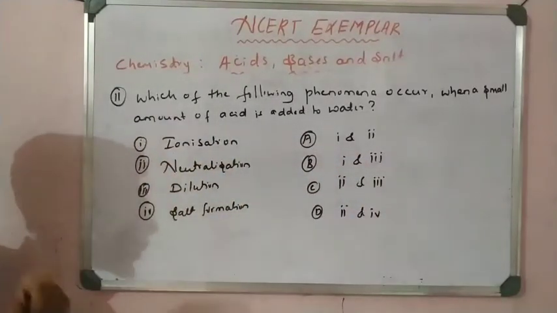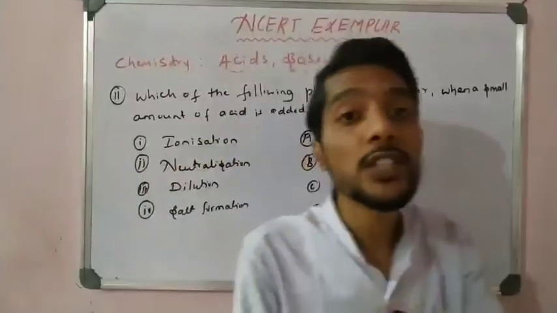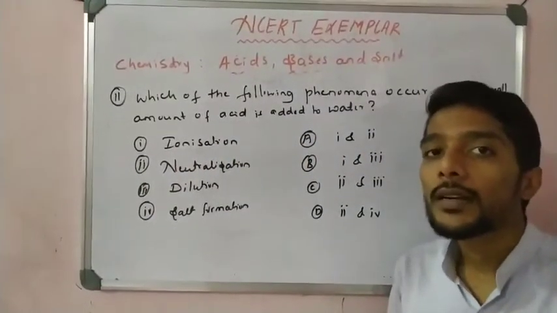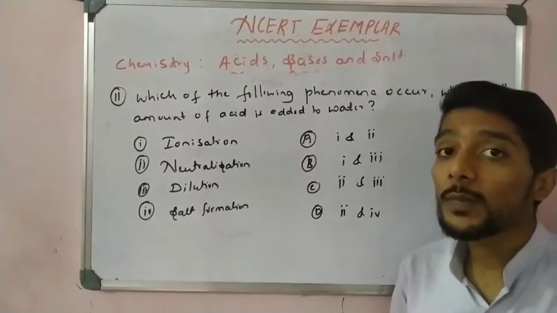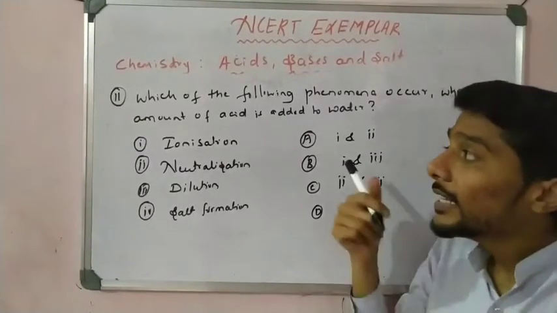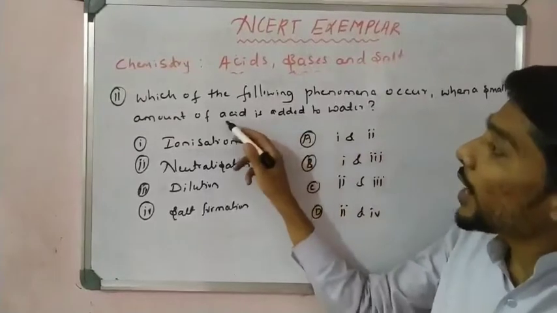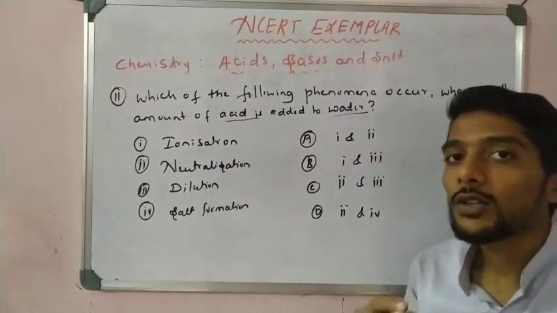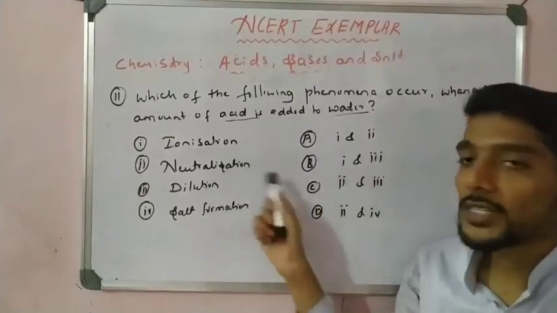I already told that in question number 1 we used the mixing of acid and base, right? If acid and base mix, neutralization reaction takes place, salt formation takes place. But in this question, it is the mixing of water and acid, so that is an exothermic reaction, right? The dilution of acid is an exothermic reaction, but there is no temperature discussion.